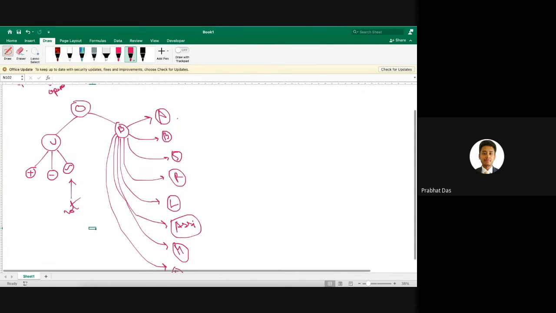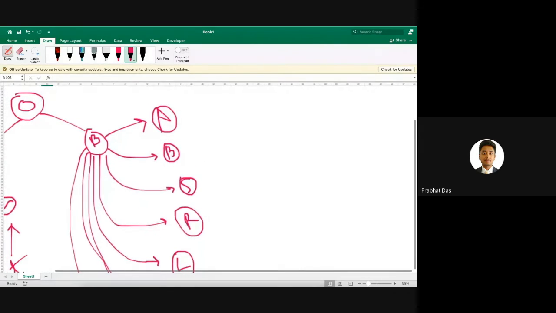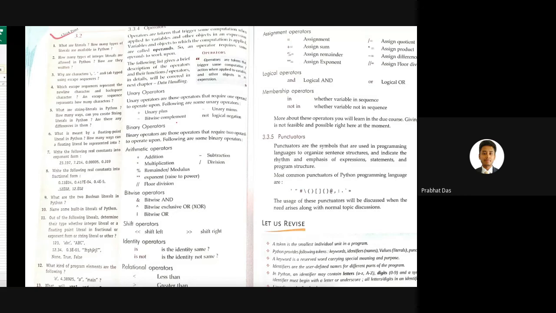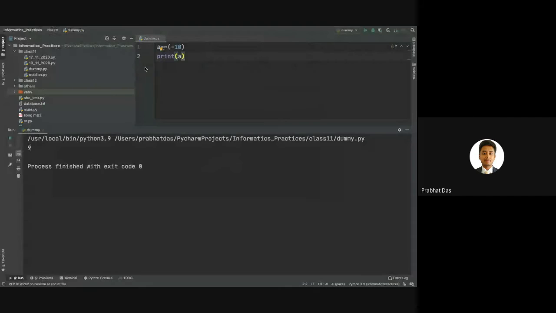Okay, so let us try to understand each and every operator one by one. So for the arithmetic operator, we need to understand that arithmetic operator is one binary operator which will definitely perform the arithmetic operation between multiple operands. Because it is part of binary operators, it is going to take multiple operands as values. Okay, for instance, we can take this example. For example, we have a equal to 5 and b equal to 10.